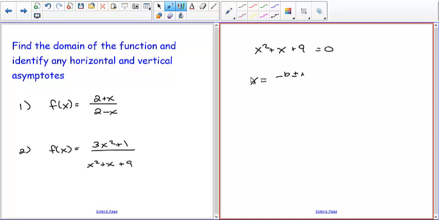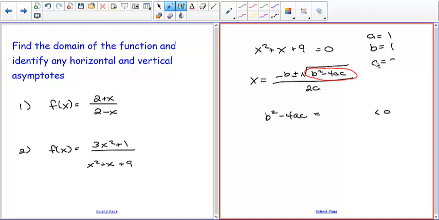It's minus b plus or minus the square root of b squared minus 4ac over 2a. So instead of actually solving for it, if you're just looking to see if there are real roots, b squared minus 4ac is something. And if that number is less than 0, then you're going to have the square root of a negative number. So let's evaluate that. So we got b is equal to 1. That's the coefficient for x. A is 1, the coefficient in front of x squared. C is 9. So if we plug that in, you'll have 1 squared minus 4 times 1 times 9, which is 1 minus 36, which is